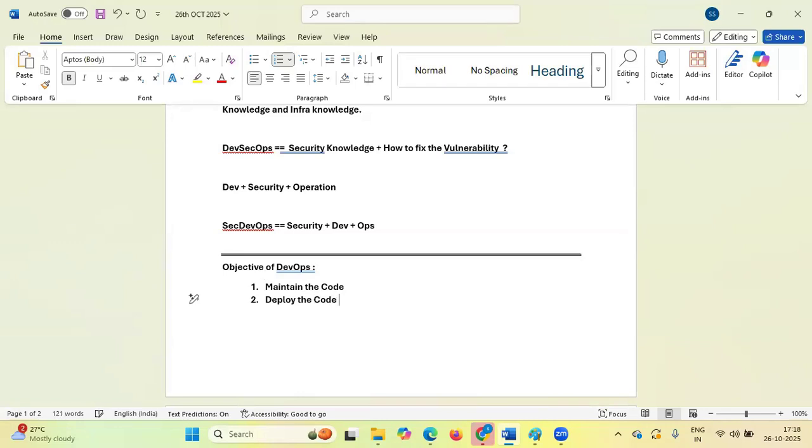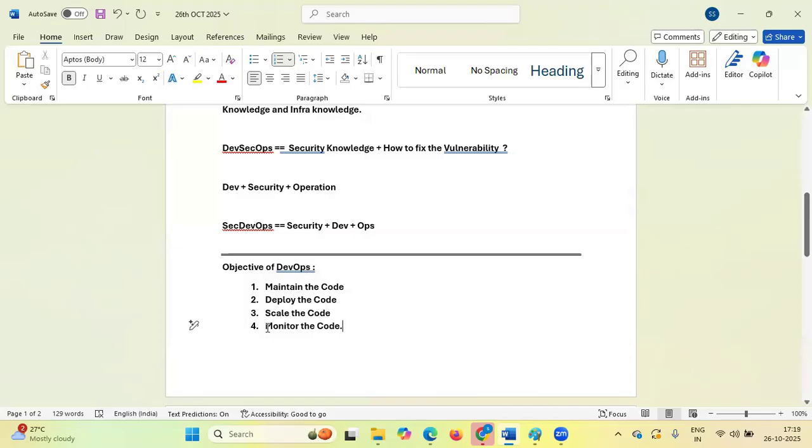Next is scale the code. And the fourth one is monitor the code. These are the basic work of DevOps.